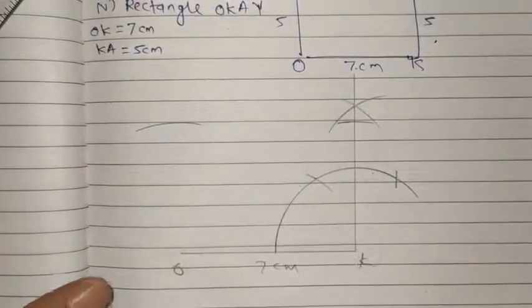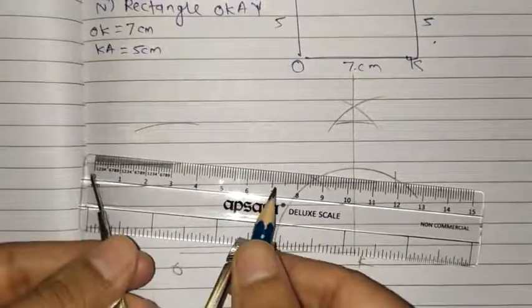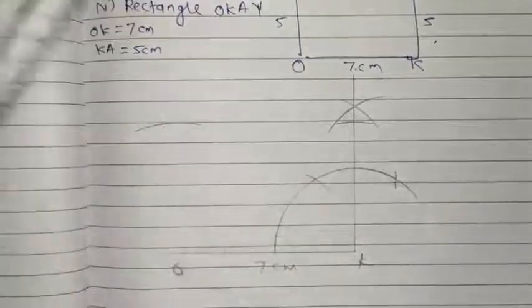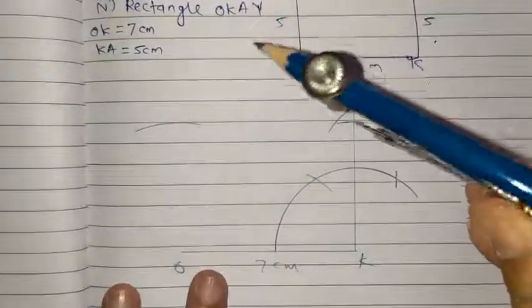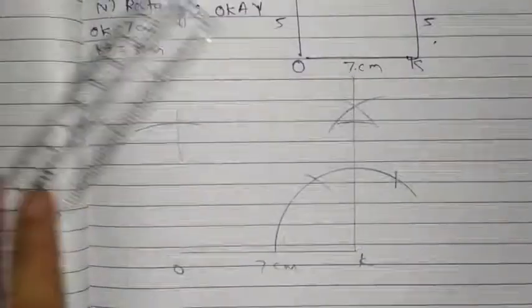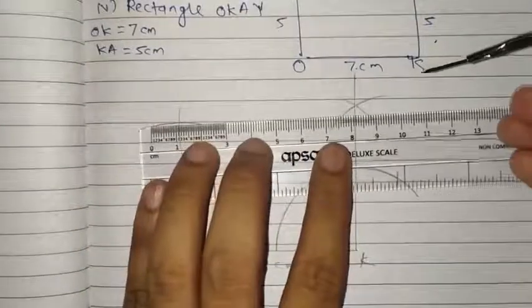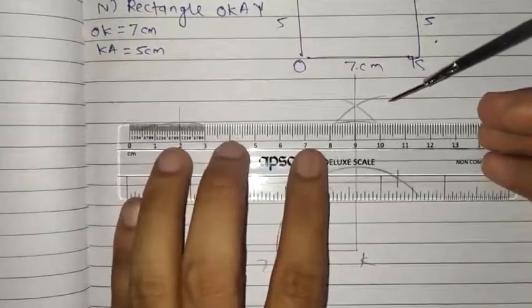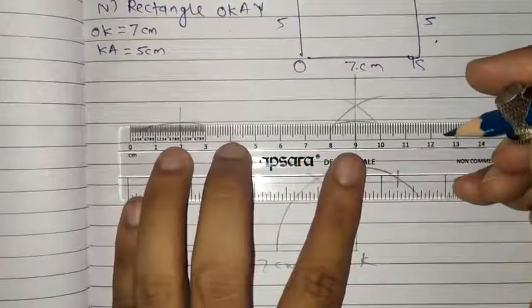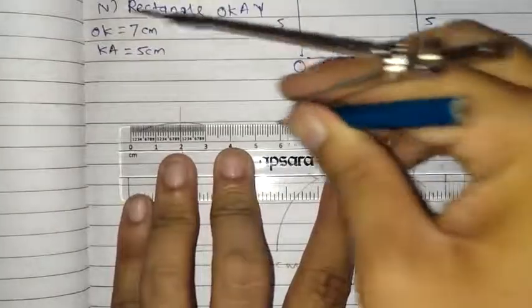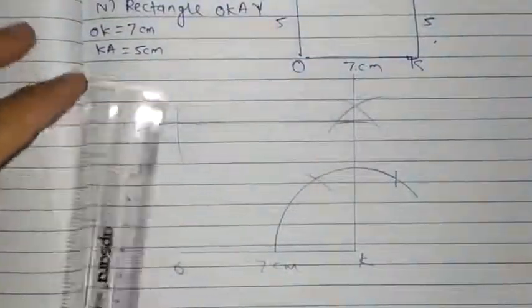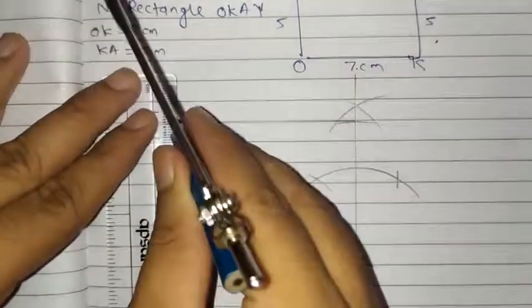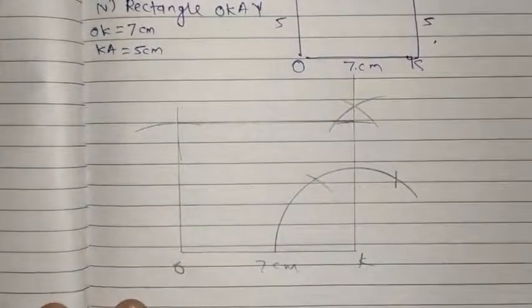Then the next one is 7 centimeter. So take the 7 centimeter from the compass. Now we took 7. So as you know, from here the distance is 7. So here we got an intersection, so just join that line. From that distance only you have to join carefully. Now one more line you have to draw from this point carefully. So you see here it is exactly a rectangle.